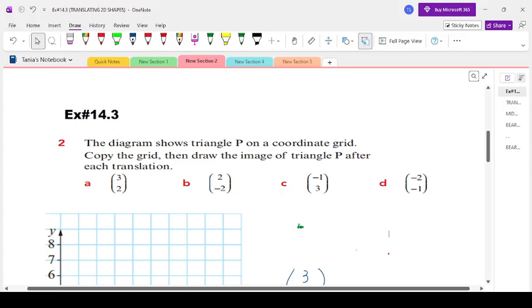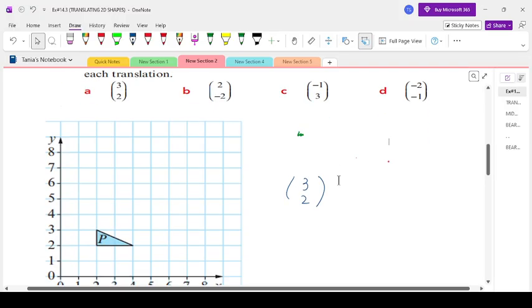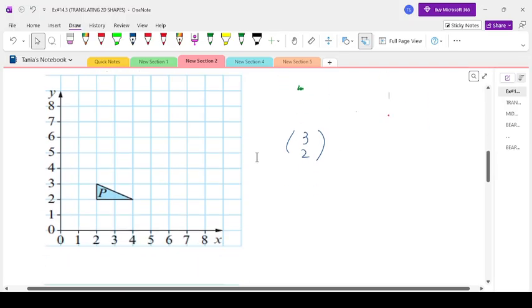Okay, now we are starting question number 2 of 14.3. In this question, the diagram shows triangle P on a coordinate grid, and then we need to copy the grid, then draw the image of triangle P after each translation. So this is a triangle on a grid, and the triangle is P, and